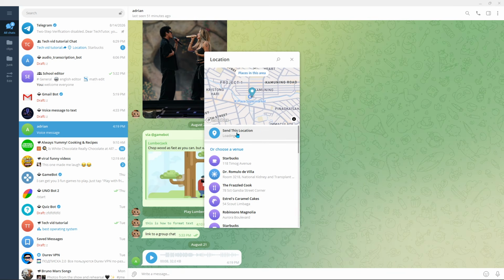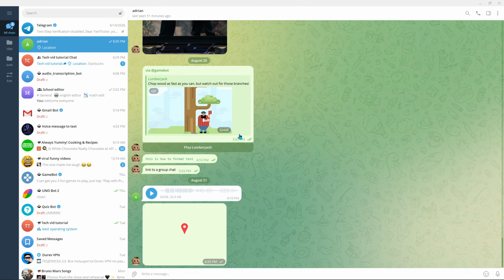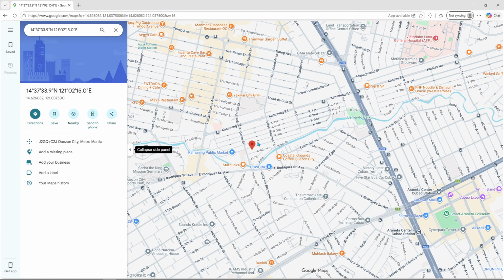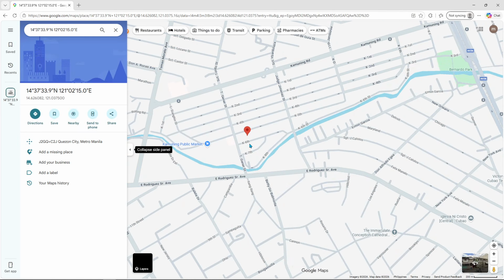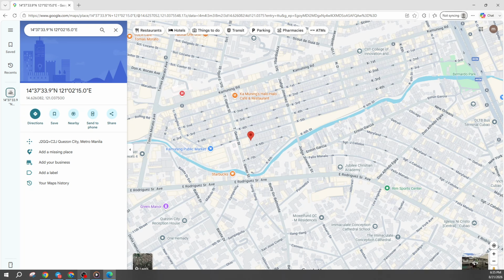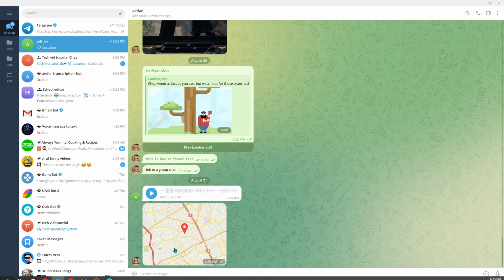If everything looks right, choose your current location, and Telegram will then send the location as a message in the chat. The recipient can open the location message and view it on a map. This can be helpful when you're planning to meet someone at a restaurant, building, shopping center, or another specific place. It's also important to remember that location sharing involves your physical location, so make sure you're sending it to the